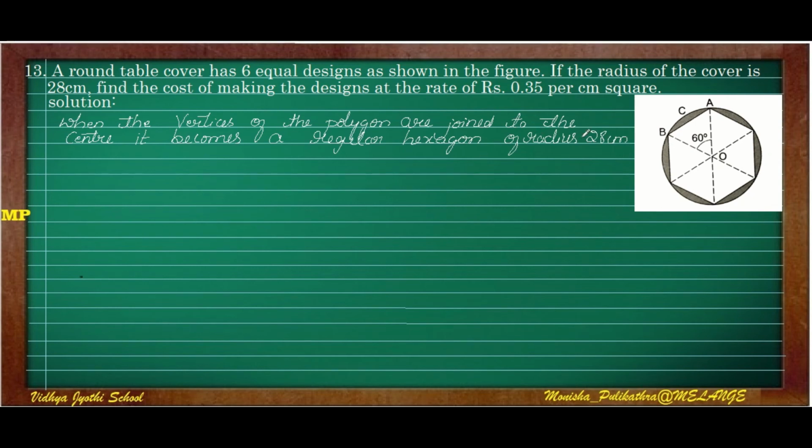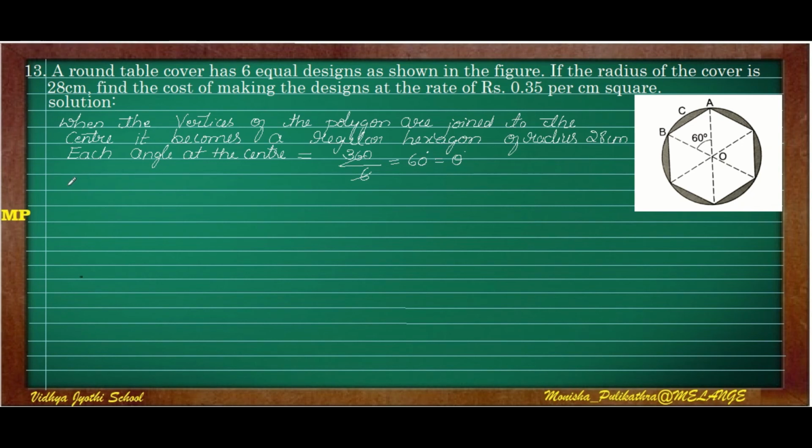Okay, so now we have the radius of each length. The radius is 28 cm. Now we have to find out the angle, each angle at the center. Since it is the round table, the round signifies a circle, so 360 degree divided by 6, it is a hexagon, so the angle is 60 degree, so the 60 degree is the theta. Next, if it is 60 degree, each and every triangle will become an equilateral triangle.